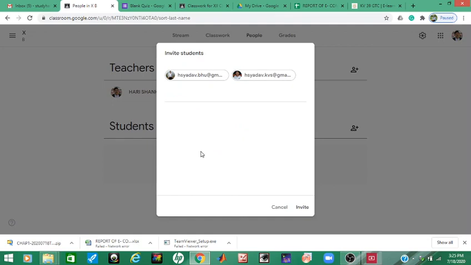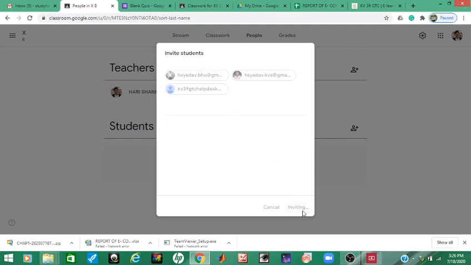If you have email IDs of only a few students, then you can supply those here. Okay, like that you can write the email IDs of the students and invite.